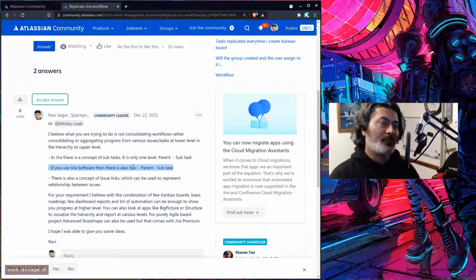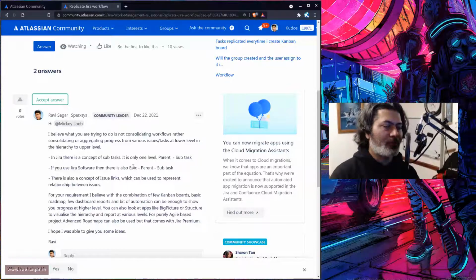Now for aggregation, first of all we have to define the association based on either issue links or parent-child relationship, or maybe if you're using epics, or maybe you're using advanced roadmaps. When you have this association in Jira, then the requirement here of consolidation is more or less about reporting.